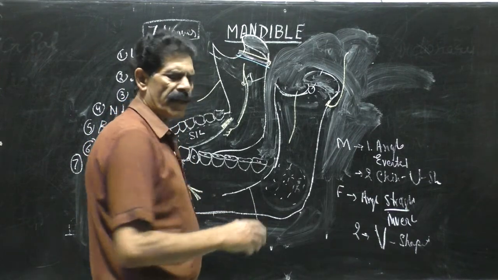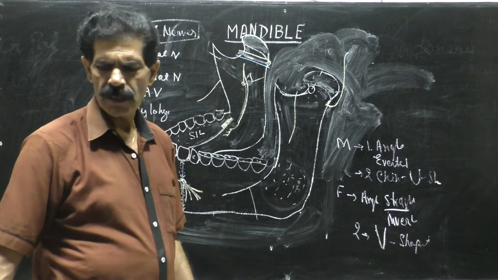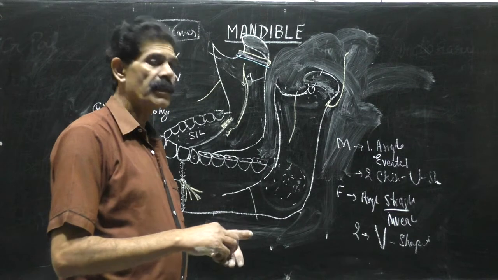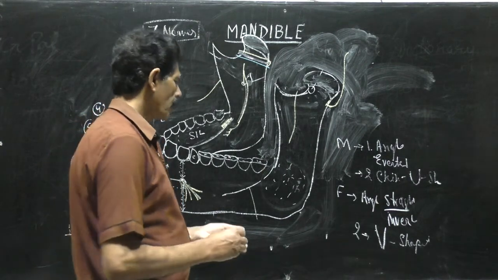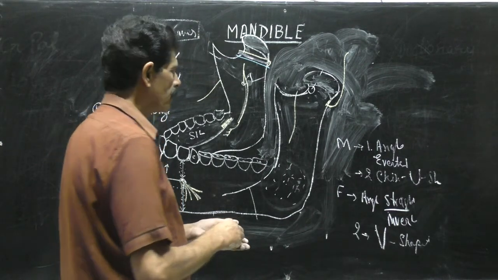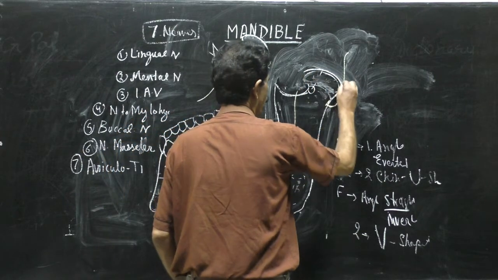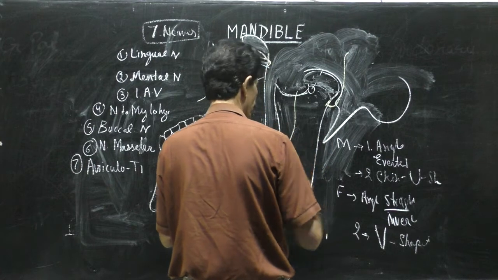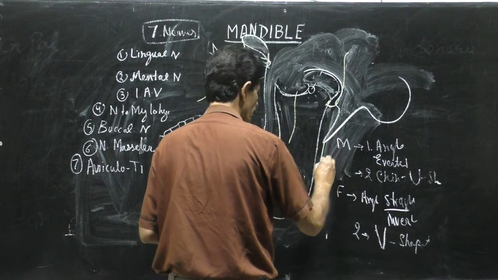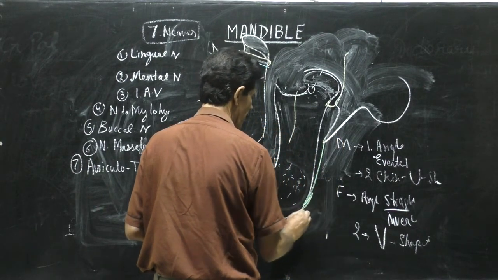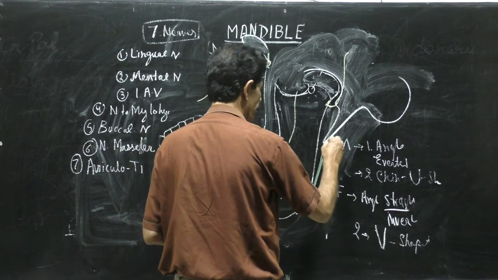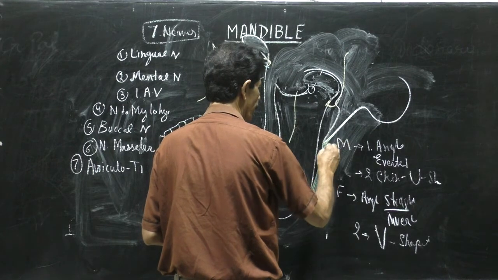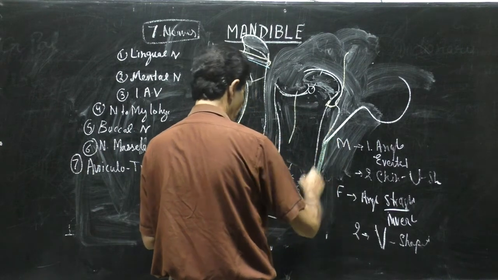Then the mandible is also hanging from the skull. So there are three connections which connect the skull with the mandible. Out of these, one is the stylohyoid ligament. The stylohyoid ligament is attached to the tip of the styloid process and it is attached to the external or outer angle of the mandible. This is the condensation of the deep cervical or investing layer of the deep fascia. This is called the stylomandibular ligament.